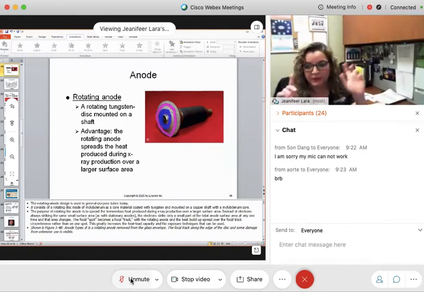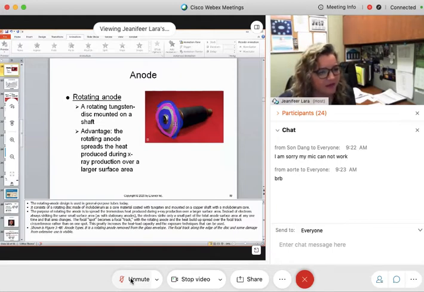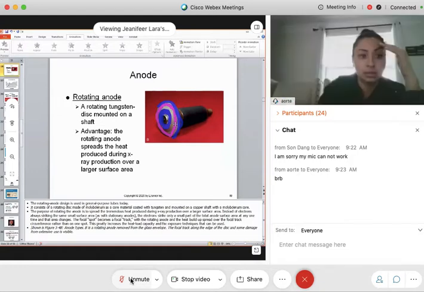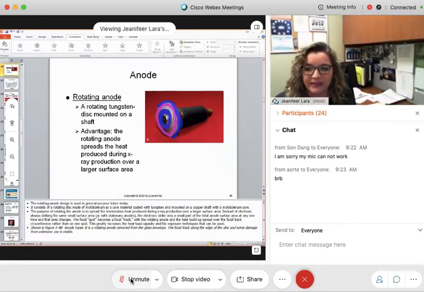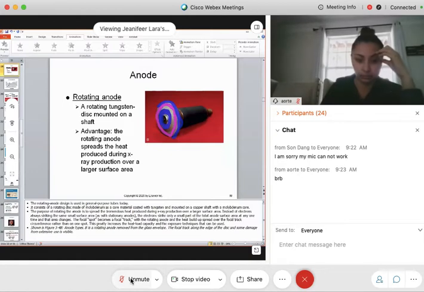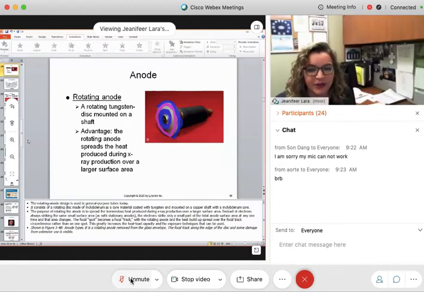So we're going to get there. So molybdenum. The focal track is on the face of the anode disc. It is going to spin how fast? 3,400 revolutions per minute, right? Perfect. So when this is spinning and electrons are coming over, because we're going to talk about the electrons,